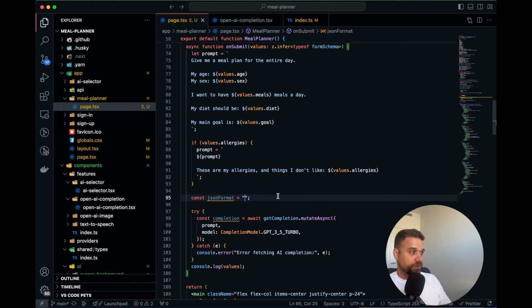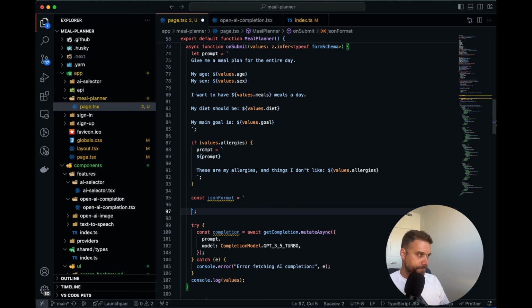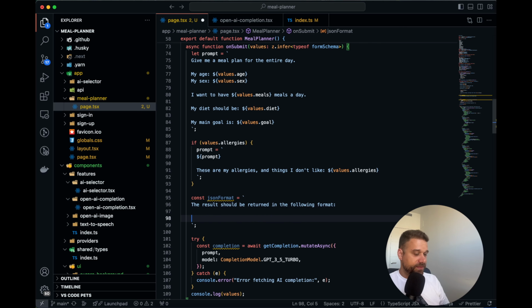So let's say we are creating now only for one day, and let's put ticks again. So the new line is: the result should be returned in the following format. And then here we are going to make some kind of mock of our JSON format that we want. So we want actually the array of objects, and inside of each object we should have our meal title, which